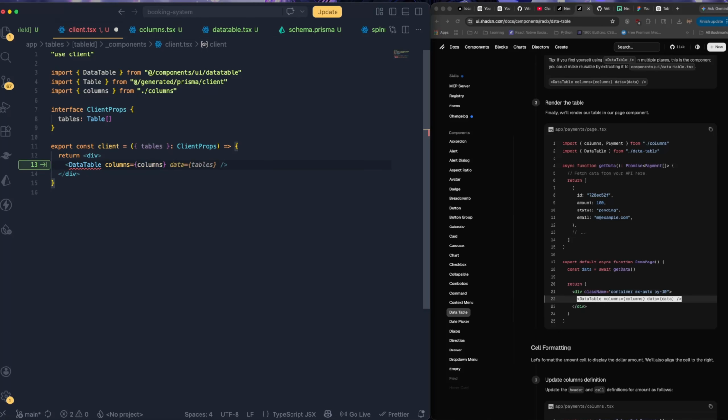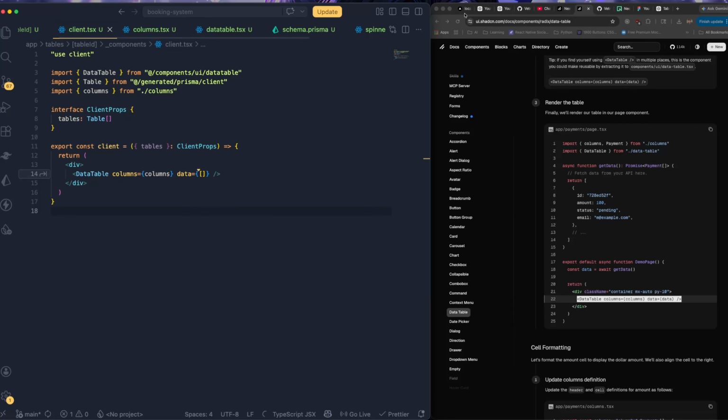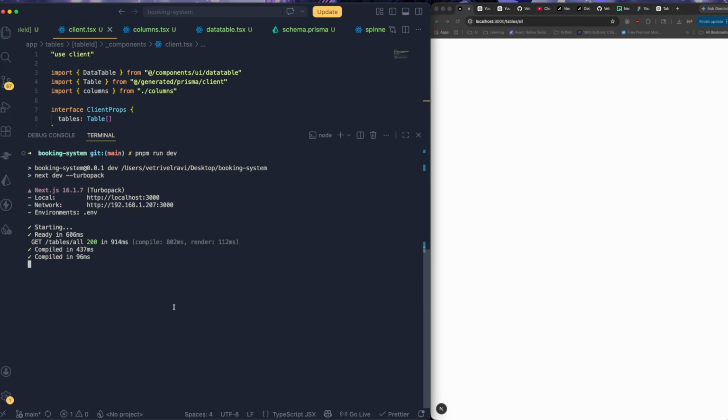Then I need to bring the data, in our case, which is going to be an empty array. For the time being, I'm going to keep it as an empty array. Later we will customize this. So if you get back over here and then pnpm, oh, it's already running. So if you refresh this,